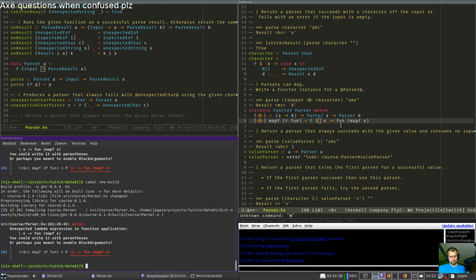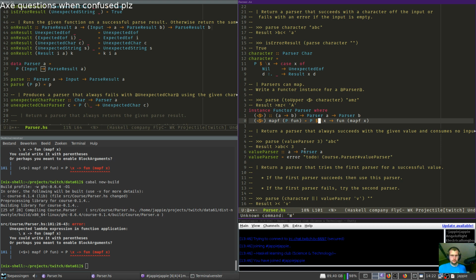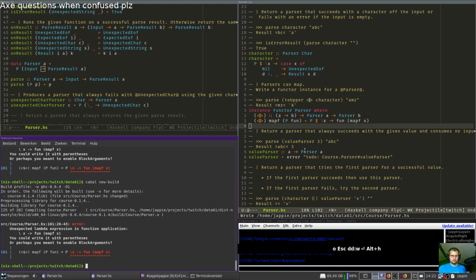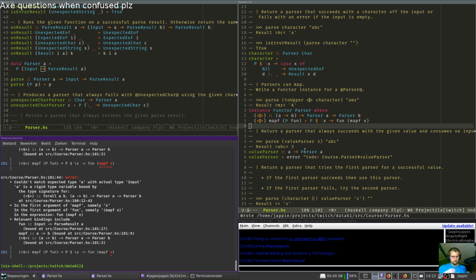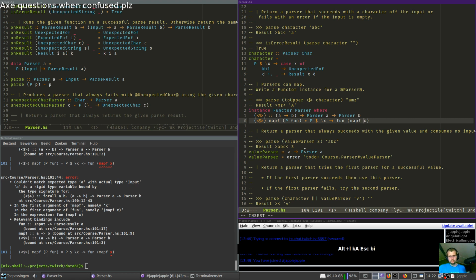Unexpected lambda. What? Unexpected lambda. Oh, I didn't do the thing. Save or something? Right, we need to fmap into the thing, because it's an input. Makes no sense.